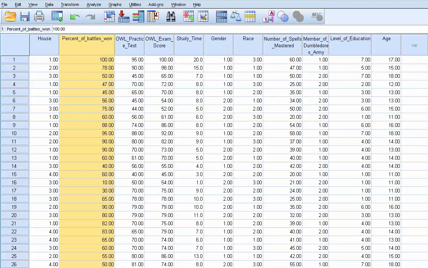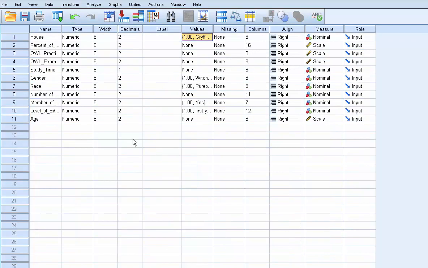Today I'm going to show you how to run a one-way ANOVA and interpret it in SPSS. Now I'm going to use house and percentage of battles won. This is made-up data that has a Harry Potter theme. So any Harry Potter fans out there would know what house meant, but I'm going to go to variable view